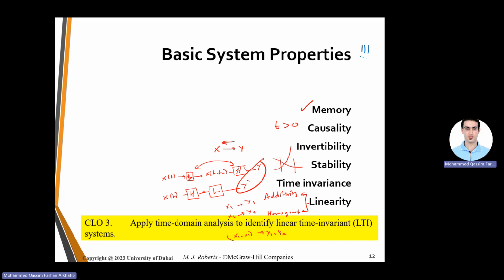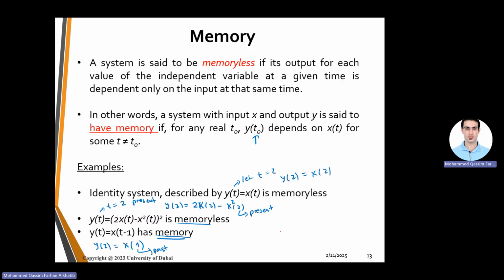All right, so let's talk about each one of them in detail. A system is said to be memoryless if its output for each value of the independent variable at a given point in time is dependent only on the input at the same time. So it does not rely on past values, memoryless. In other words, a system with an input x and output y is said to have memory if for any real time t, t naught, y of t naught depends on x of t for some t not equal to t naught. So for example,